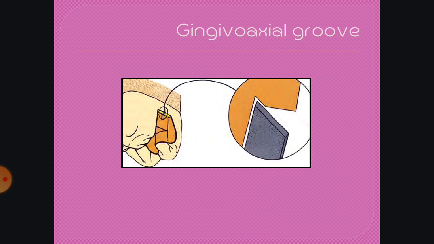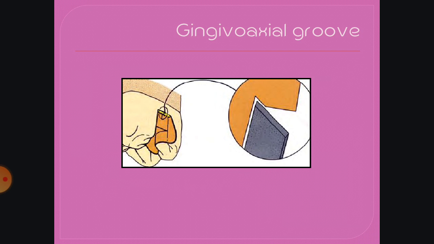So, with the help of a gingival marginal trimmer, we create a V-shaped groove at the junction of the axial wall and the gingival floor of the box. So it increases the resistance to displacement by occlusal forces. You can very well appreciate in the picture the gingival groove which has been created by means of a gingival marginal trimmer, and this groove has a V shape. So this is also called the Minnesota ditch.